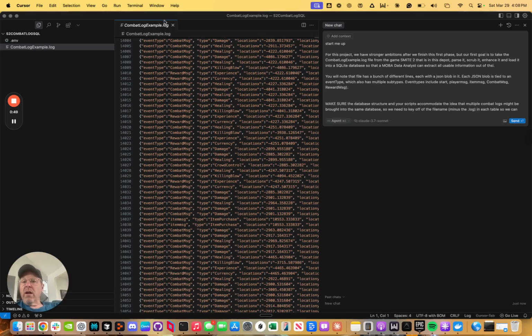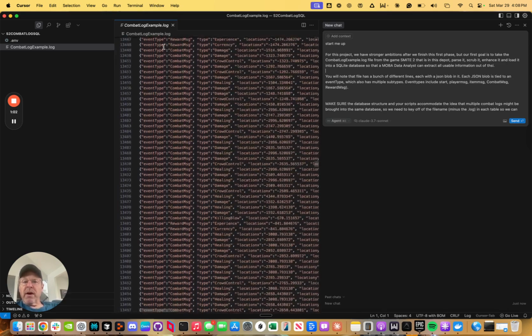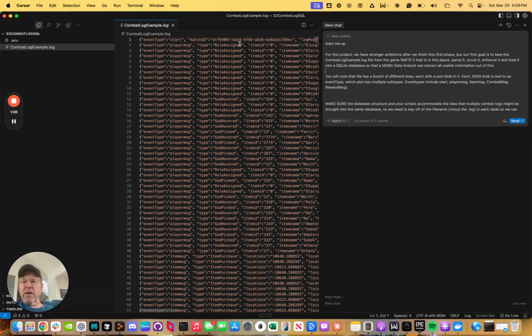So we have the same starting place as we had in the previous video, which means all I have is this combat log example.log file, which we talked about in the previous video. This is just a combat log file from SMITE 2, and you see it has this interesting file format, and then I have a .env file with an OpenAI key in it that we'll eventually use, but probably not in